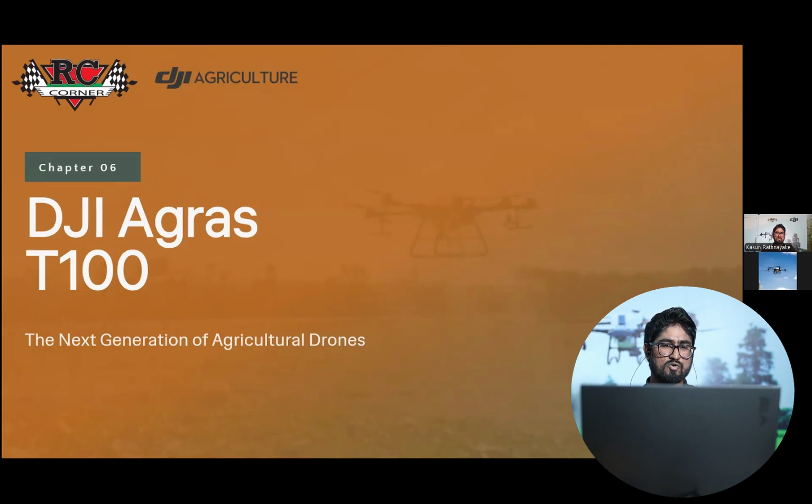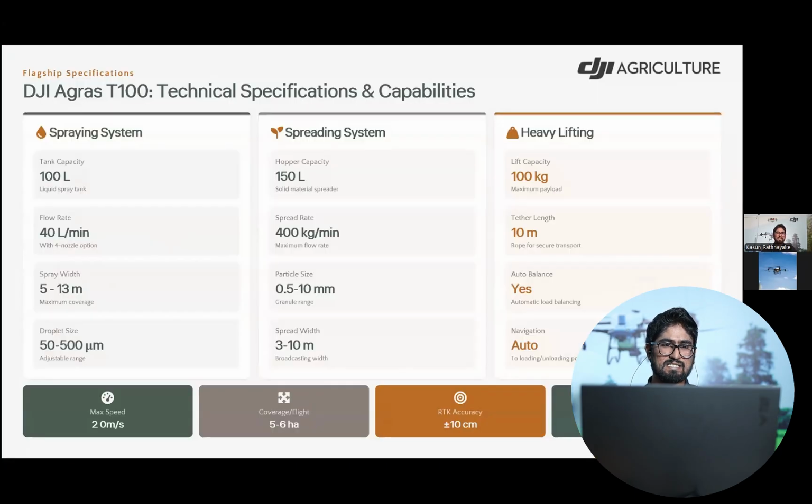Now we will move into our flagship drone model, the DJI Agras T100. It consists of a spraying system, a spreading system, and also a heavy lifting system. The spraying system has a 100 liter capacity, the largest tank capacity in our DJI fleet.